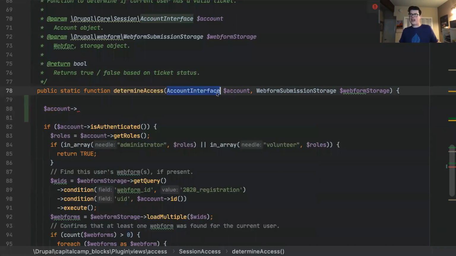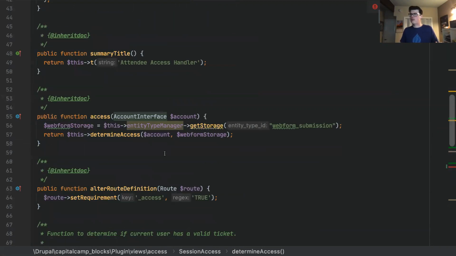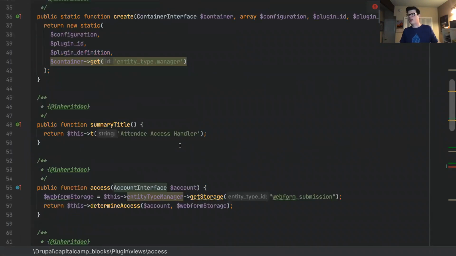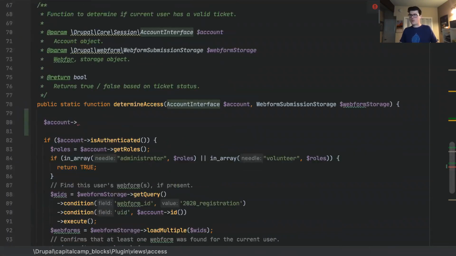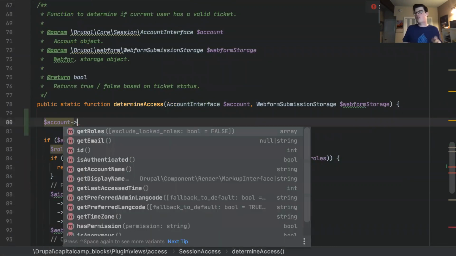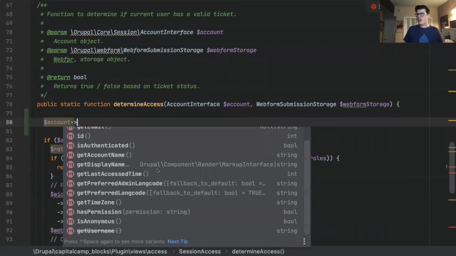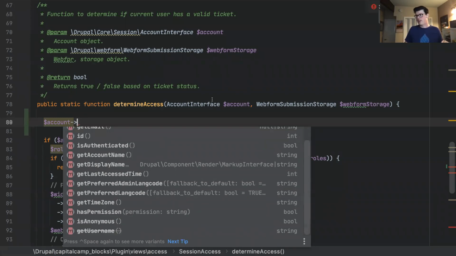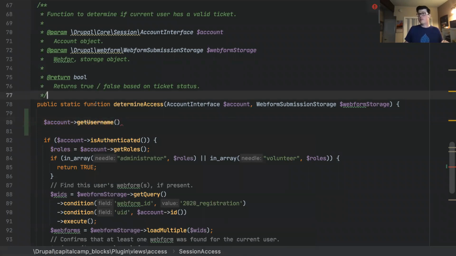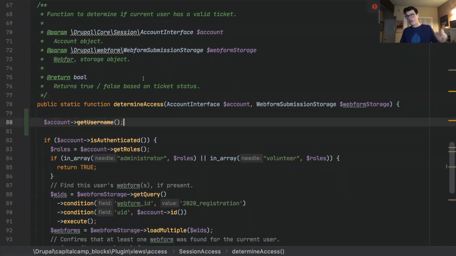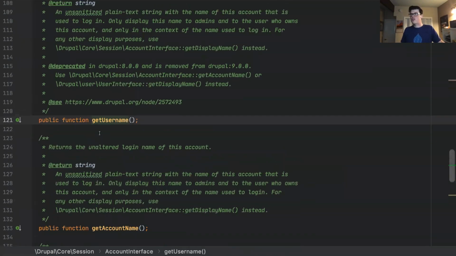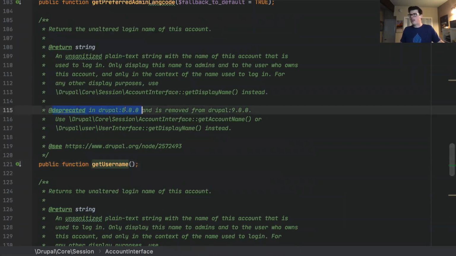So by typing account interface onto account and by having the proper use statements in place here and the parameters in the function commentary, when I come in and actually start doing autocomplete on account, it's going to show me all of the methods on the account interface variable account. Again, it'll warn me if I try to use get username, it's going to tell me here on the fly that this is deprecated. I can jump down into the function and it's going to say deprecated in Drupal 8.800.